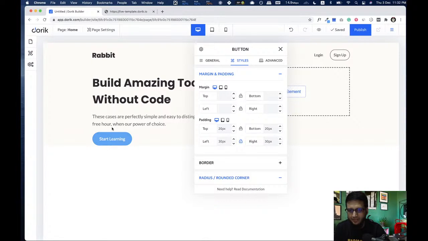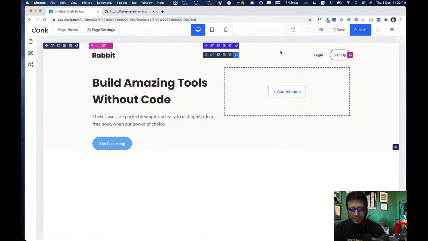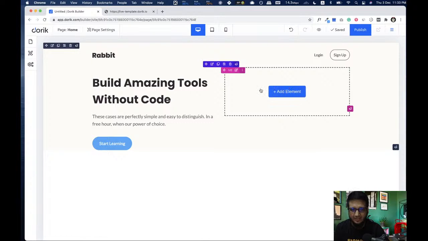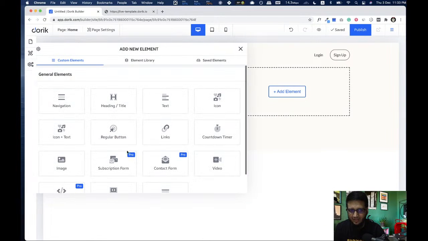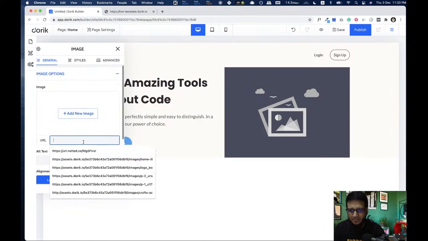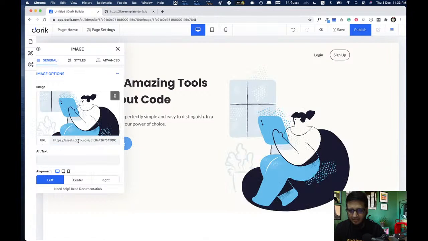I'm gonna create a little bit of gap here, margin top of the button. I will give it 20 pixel, and there it is. So I think this part is good. I'm gonna just add the illustration on the right side. I'm not gonna upload it. I'm just gonna copy the image address, and I'll edit here, image, and paste it here. Okay, so you can paste the illustration or image from anywhere like this.